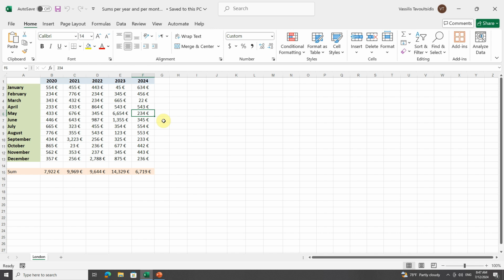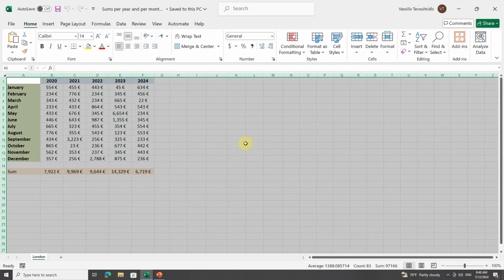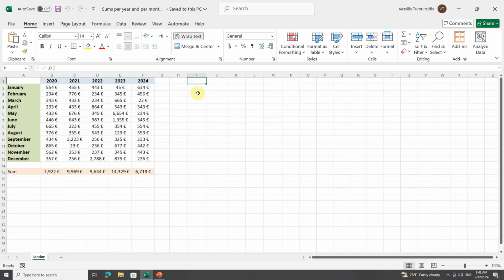The easiest way is to click on the button over here above row 1 and on the left side of column A. I will click on this button, and now the whole worksheet is selected, all the columns, all the rows, all the cells in this worksheet. Another way to do this is to use the Ctrl+A keyboard combination. I will click on cell I1 to deselect the whole worksheet,